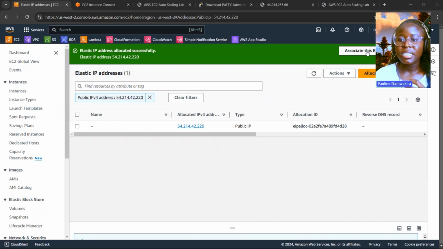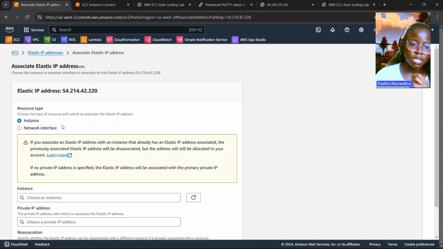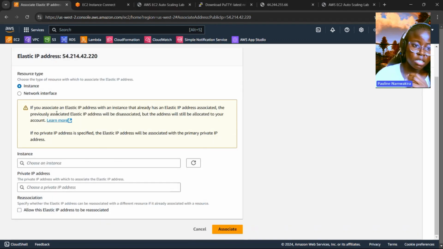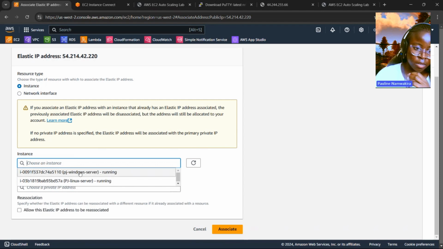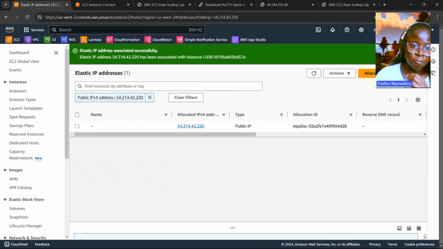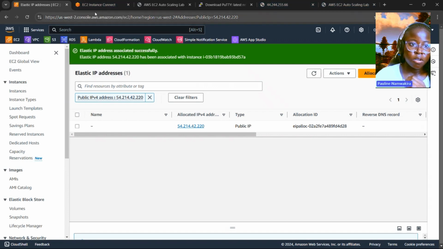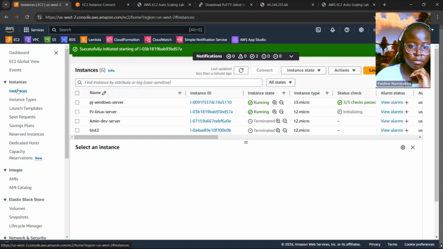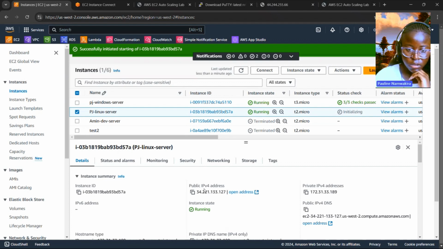And associate that elastic IP with your server. So I'm going to associate it with an instance, choose my Linux server and associate. So you can see the elastic IP is 54.214 in this case. So let's go and check our instance, and refresh this,